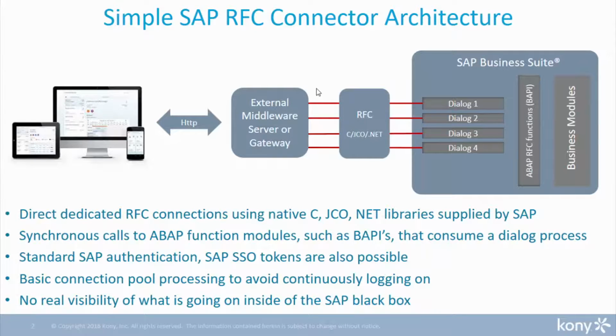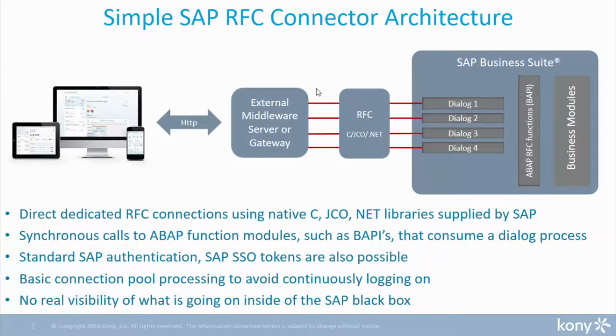Each call to SAP is associated with a specific named user and consumes a dialog process in SAP for the duration of the transaction. Standard SAP named user authentication and SSO tokens are supported, and most external servers or gateways also implement some sort of connection pool processing to avoid having to continually log on and off for each call,